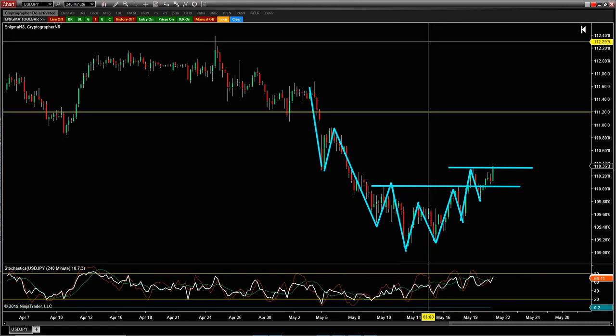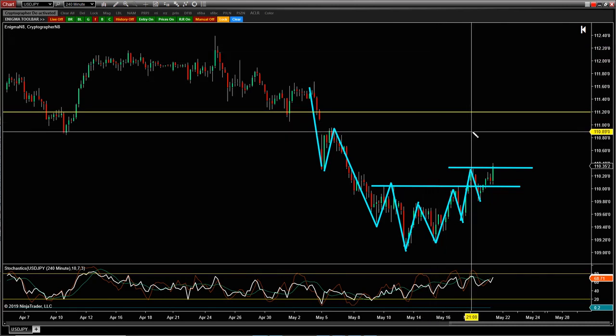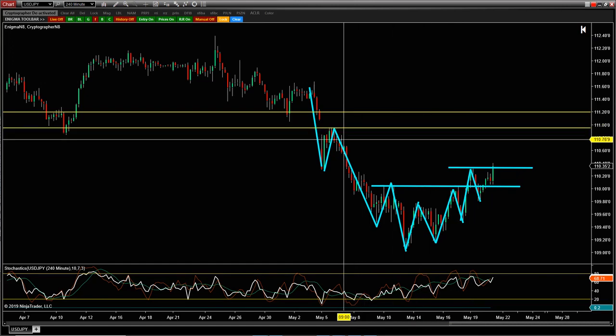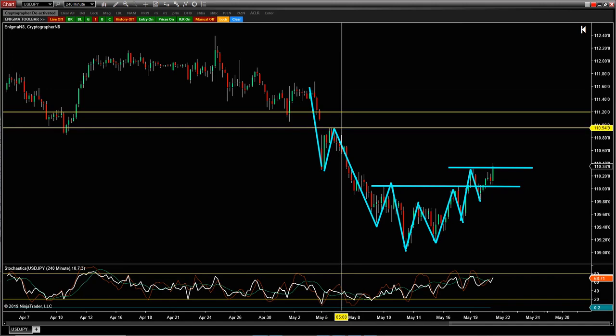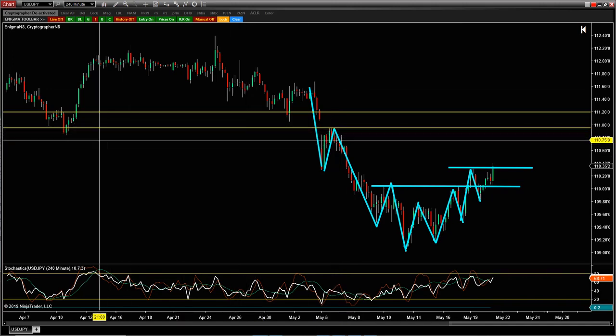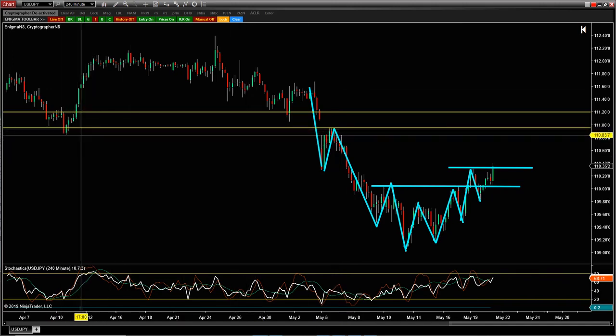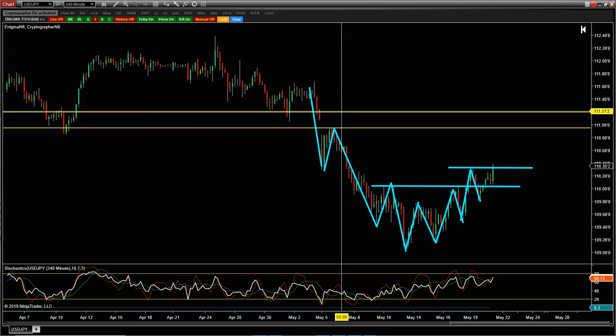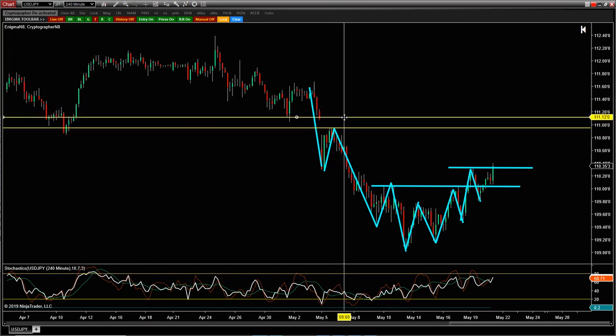Last says just below 111. Looking at the area right before this gap, I'm assuming. Or right after the gap, the attempted close of the gap, which conveniently ran into the structure looking left. Funny how that happens. Trevor says 111. George says, yeah, you know what? I like that a little bit better right there. Yeah. What else can we do? That's the level I was looking for, just purely structure based. I think that's a fine level.